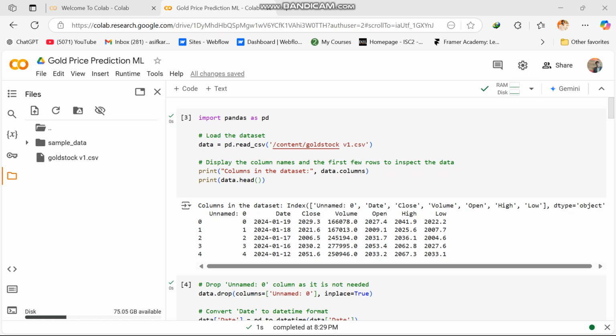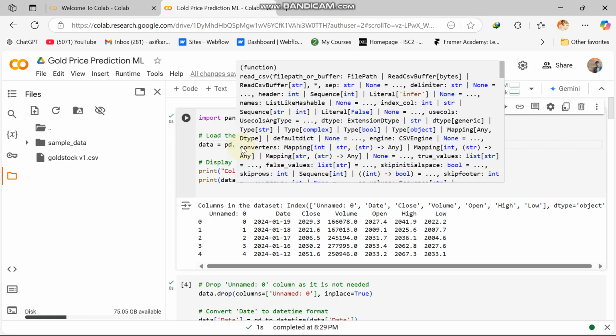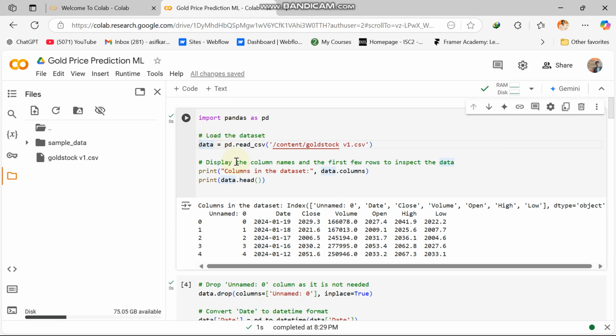First, we begin by loading the dataset using pandas. The read CSV function reads the CSV file into a data frame called data. Next, we print the column names with data.columns, and then finally data.head displays the first 5 rows so we can inspect the structure and content of the dataset. This allows us to inspect the structure of the dataset, identify the features available and ensure that the data is ready